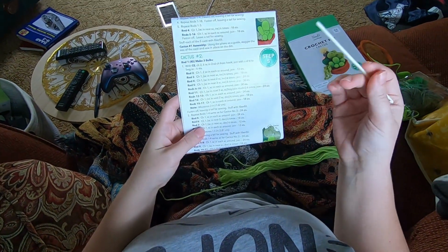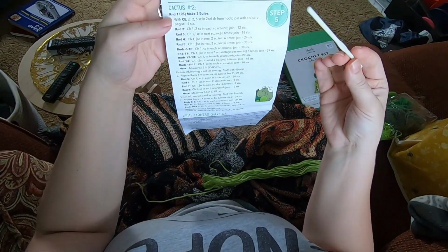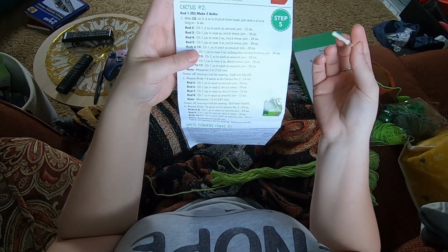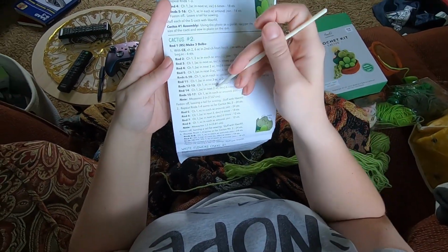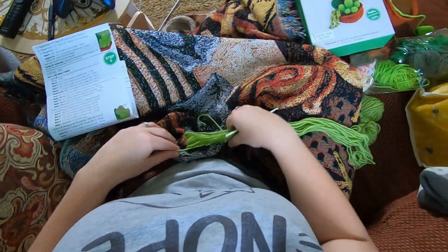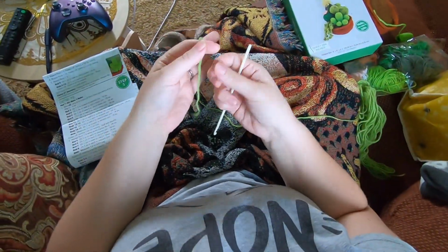So for this one, we're making 3 bulbs, and for each one, we are going to do the same beginning here up through round 4. So each time, I'll do this first one, work my way through this one, and then I'll do the beginning off camera and then come back. So, got our yarn here, got our hook,